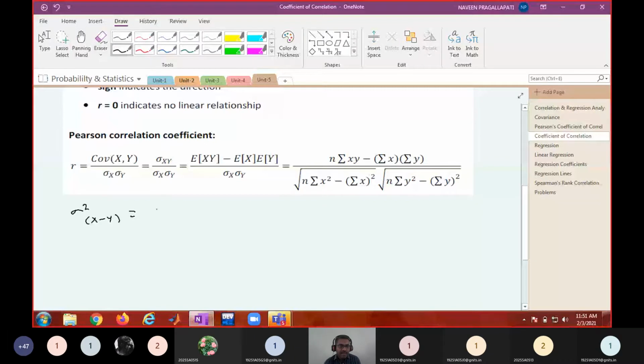So what is the formula for it? Expectation of x minus mu whole square. Here, instead of x, we are having x minus y, minus mu. Mu is nothing but the mean of the random variable. What is the random variable here? X minus y. Do you agree? Sigma square x is equal to this, must be whole square, right? X minus mu whole square.